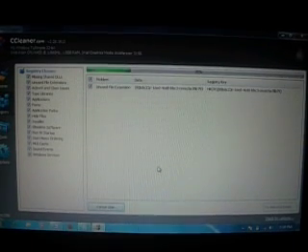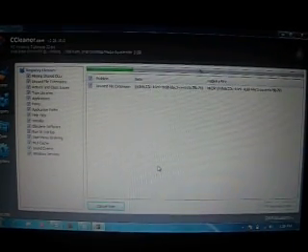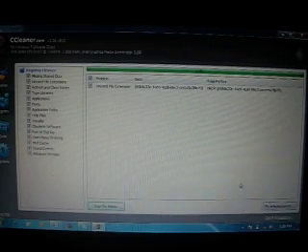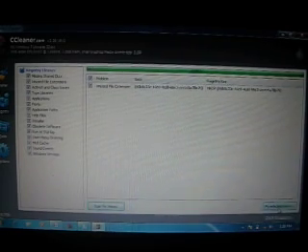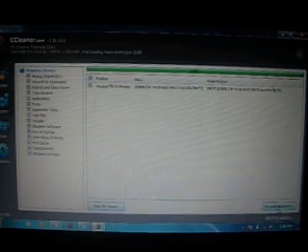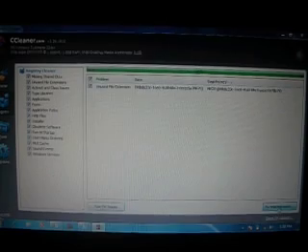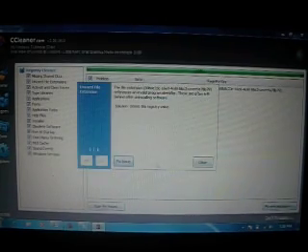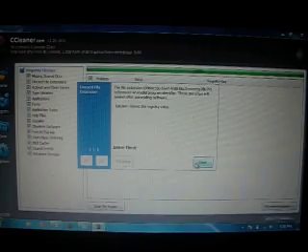Just wait several seconds or one minute, and go to the right side. Do you want to fix the selected issues? Then click yes, and fix issues. Close.